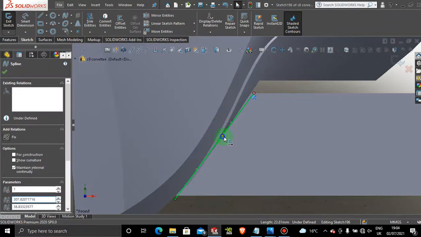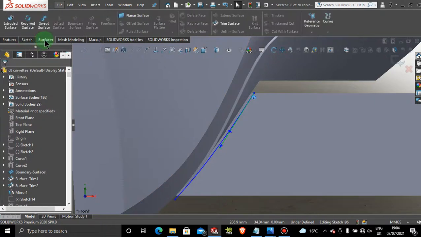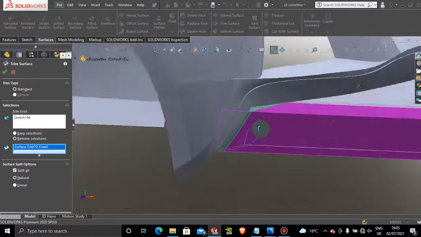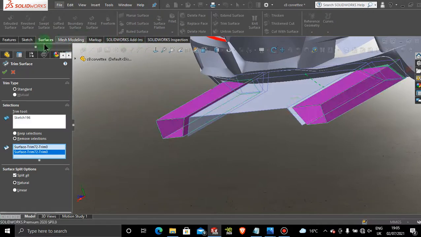And we can stick out a little bit on this bracket. Why not? Because I want to stick out with this bracket a little bit anyways. So about that. Surfaces, surface, and let's try this one here, and here. Press OK,